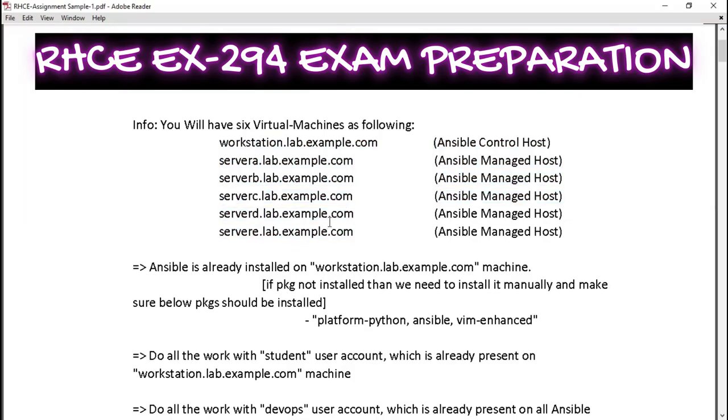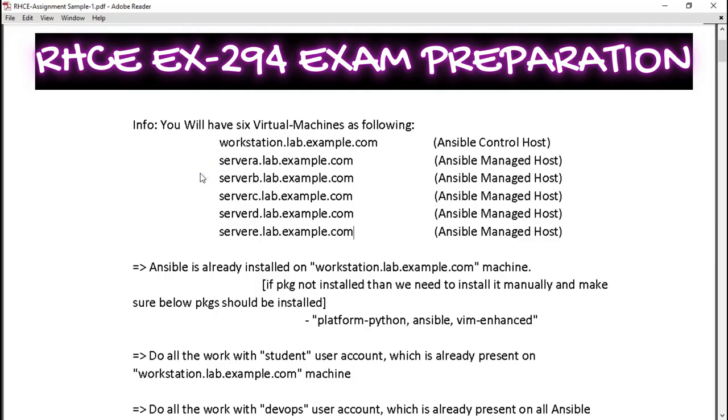You need to fill in your email address and all the required information. Once you provide everything, you will get the desktop, and on the desktop you will get an icon of Firefox or the exam information. You need to click on that. You will have lots of information written regarding your exam, like what machines you have, what the IP address of your machine is, the password, the username. Everything is written in that instruction.